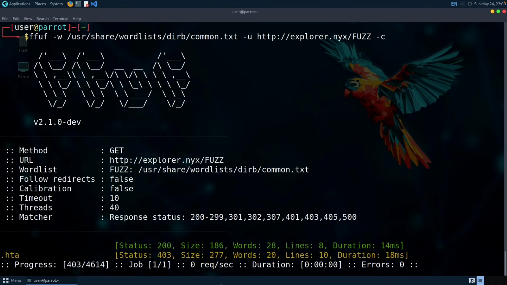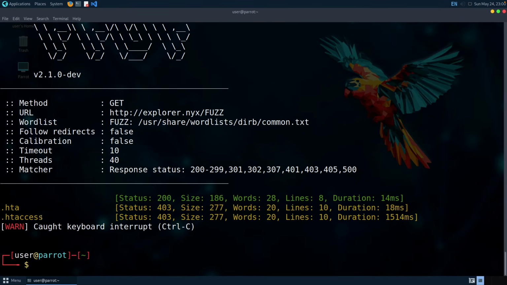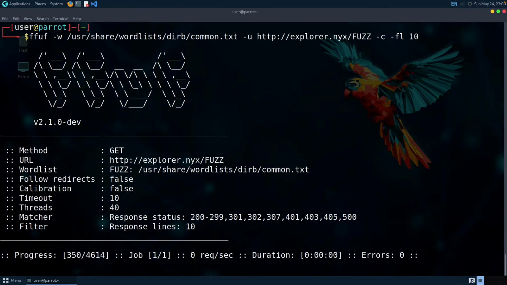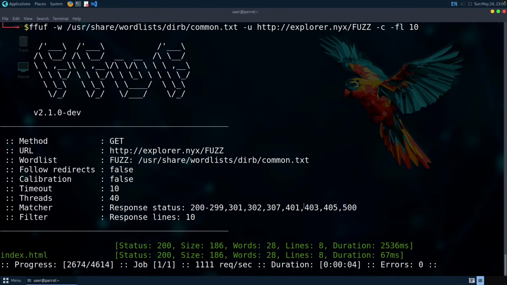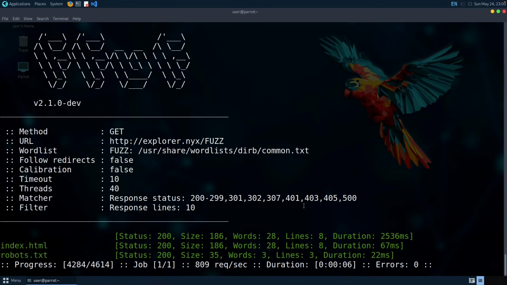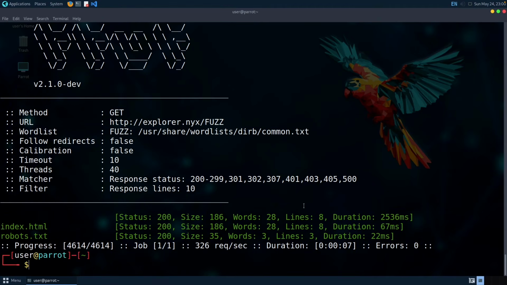And by the way, you can see this because when it scans, it says status 4 or 3. You can also filter that out if you want. But I'm going to filter 10, and it's going to go ahead and fuzz until it finds a correct directory. As you can see here, we've got index.html and we've also got robots.txt, just like we found on dirsearch. So it's a very similar way of performing directory scanning, but what I really like about ffuf is that